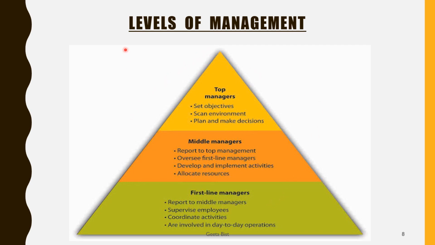With that, you understand that levels of management not only create the hierarchy by creating an authority-responsibility relationship, they ideally divide the management job into three different possible levels: top level, middle level, and first line managers. Top level is concerned with developing plans and making decisions. Middle level works as a link between the top level and the first line level managers, and they convey the plans made by the top level to the first line managers, and it is the first line managers who execute the job on the ground because they ensure that the work is done by the workforce.